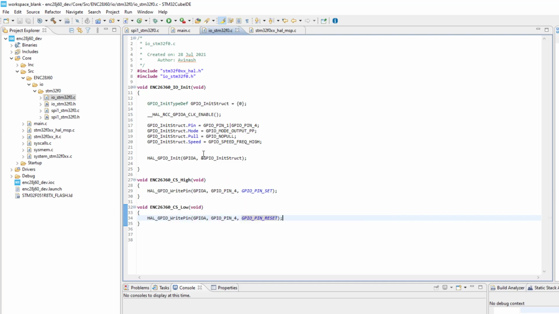And one important thing you need to do here is, by default any pin of the microcontroller is in the low state, but this CS pin is actually an active low pin, meaning the chip is selected when this CS pin is low. So by default this GPIO pin is low, so we have to do something here so that from the starting this CS pin's state is high level. Okay, so we can call this function here.